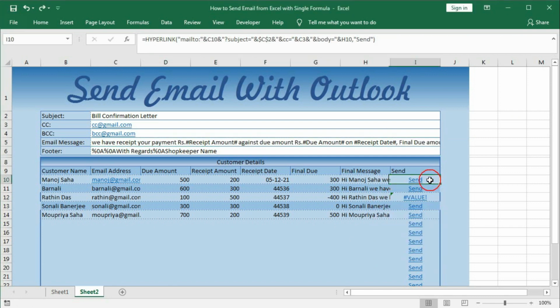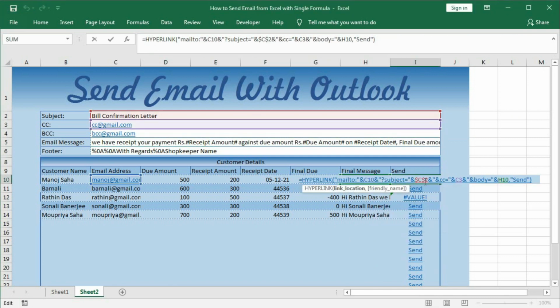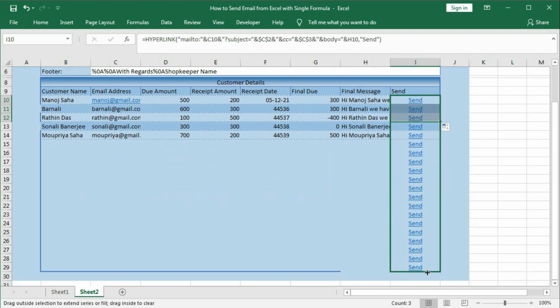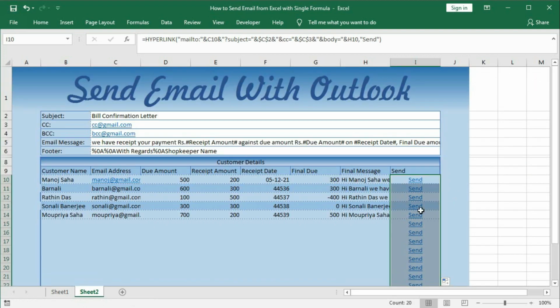Okay, here we have to do one thing, let's see. Here our subject is fixed, and here CC should be fixed, and our body is this value. So this is H10. Okay, this should not be. Now drag it down. Now it's okay, but the problem is that here we are also getting the send, but here we